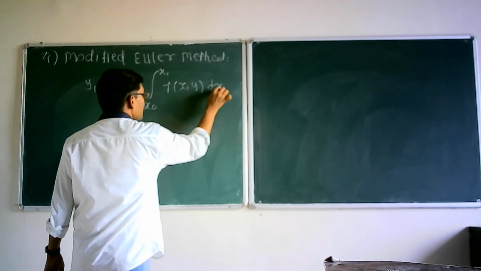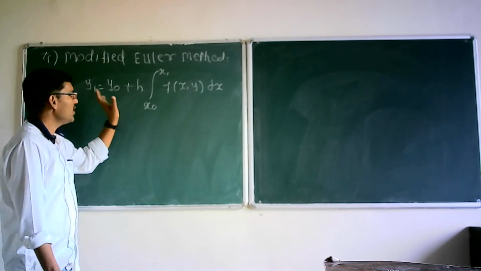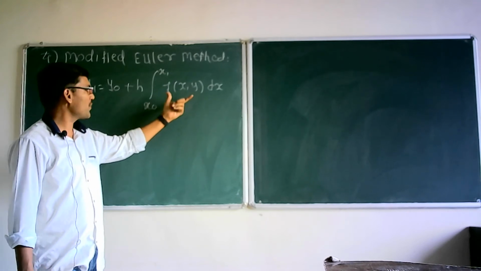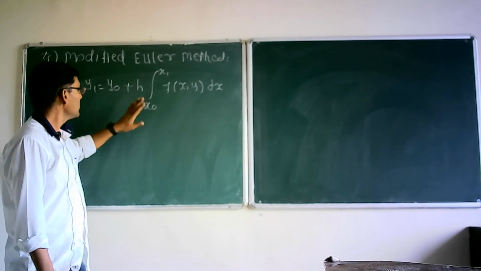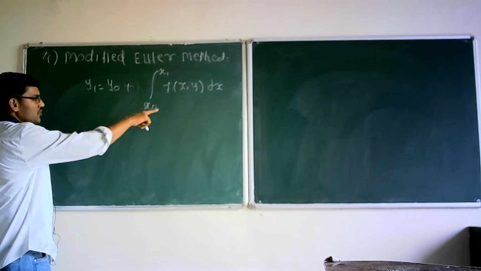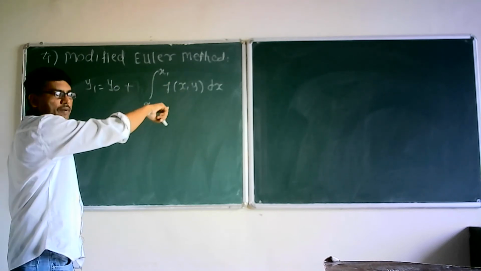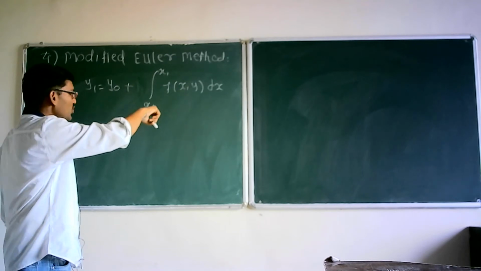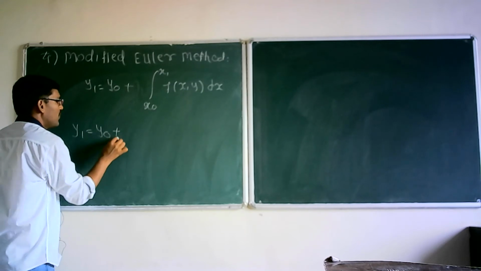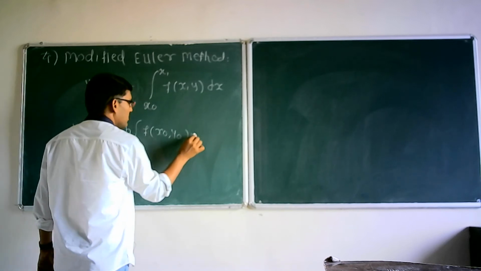If you see the previous video, you can observe that we obtained the Euler formula by using this equation. In the next iteration, we put f of x, y equal to f of x0, y0 and h equal to x1 minus x0, and we get the Euler formula. Now to modify this formula, we are going to apply the trapezoidal rule here. All of you know the trapezoidal rule. So y1 is equal to y0 plus h times the bracket f of x0, y0 plus f